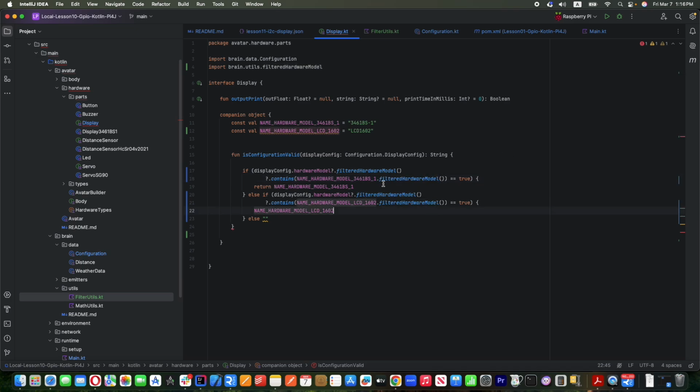Yeah, okay, perfect. So we're using this one to filter the first type of our